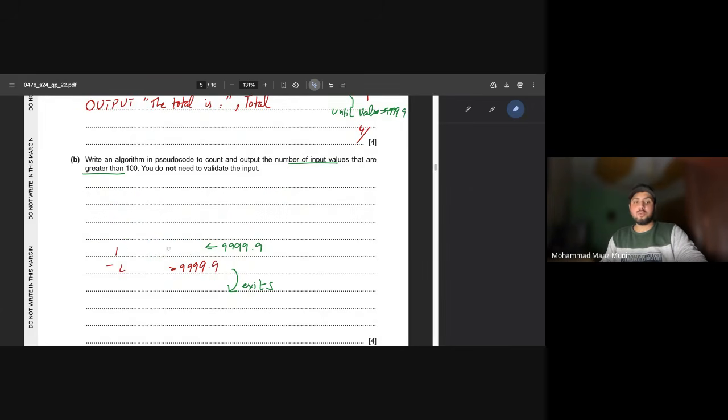To be easier to use the while loop or the repeat until loop, inshallah. So yes, let me just solve